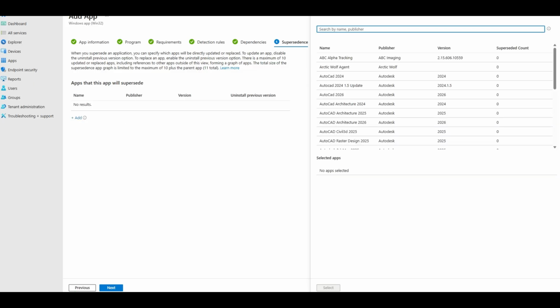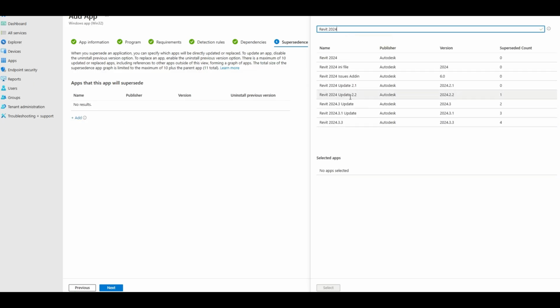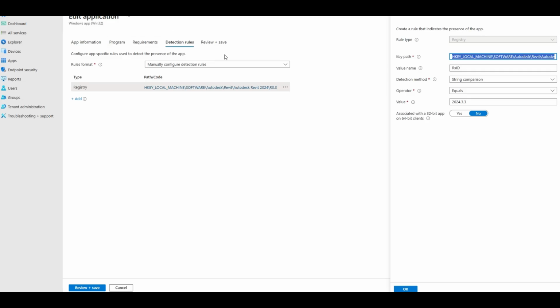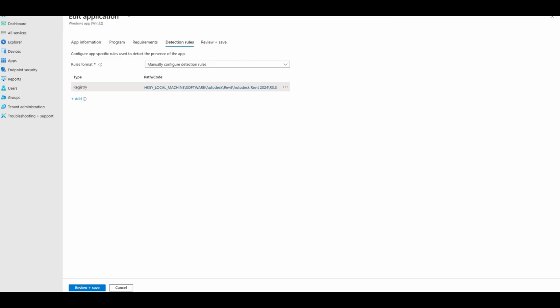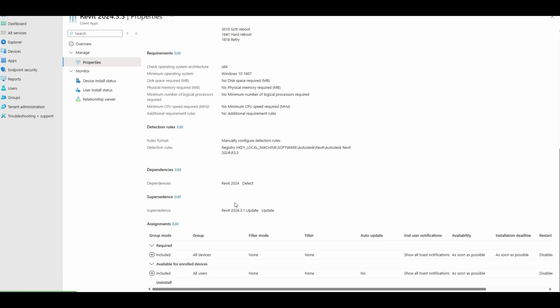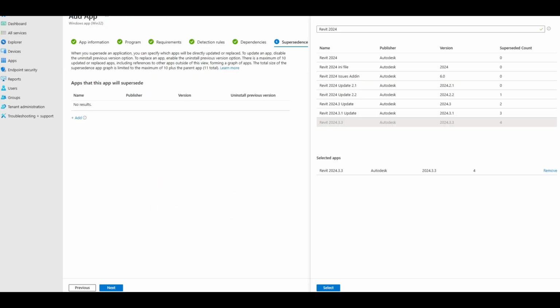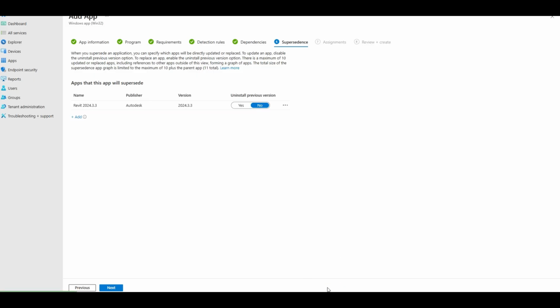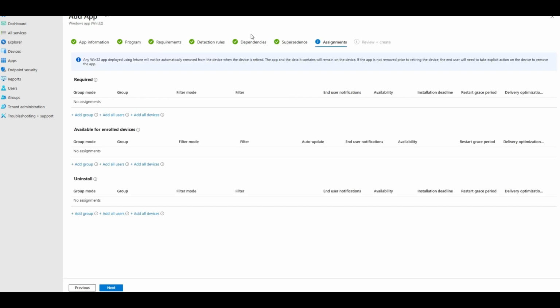Supersedence, here we can add our other ones, 2024 updates. So we can say this one supersedes this. And I believe in this one we set some supersedence as well. So, yep, to previous ones. So we got that. So we'll select that. No to uninstall because, again, we're not uninstalling, and I can literally say add all devices,